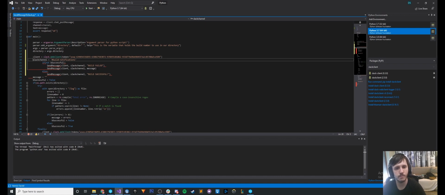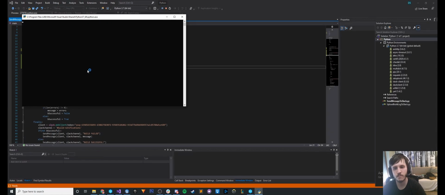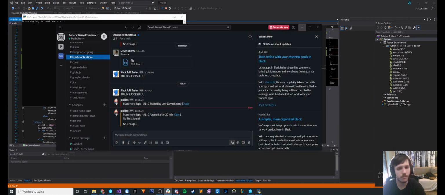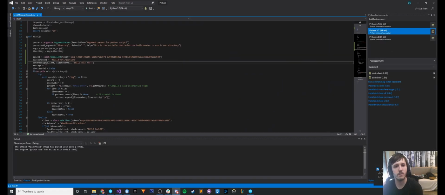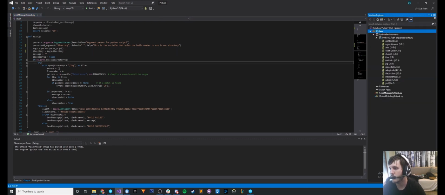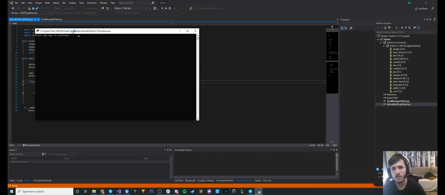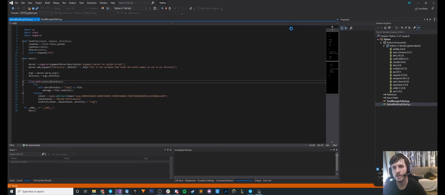We can just do this. And let's just type in build test, yay. So build test yay showed up. So we know that's working. And then uploading build to Slack. I think this should also work. It says build successful. Why? Oh, because this is